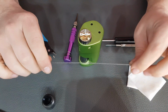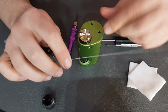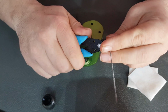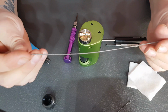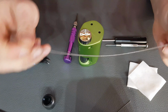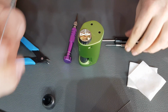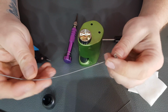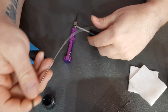Alright, so the first thing I'm going to do is snip off where the last rollback went on it. I'm then going to use the whole thing to make 2 coils, which, to be honest with you, is probably going to be about 5 wraps each on each side, and I think that will be fine. So the easiest way to do this is you take your screwdriver with the end that you still got, and then use your 3mm Coil Master,